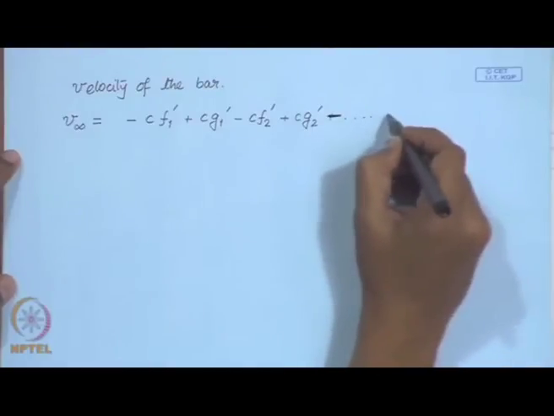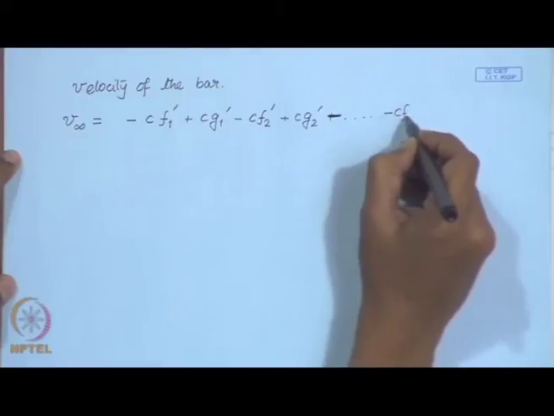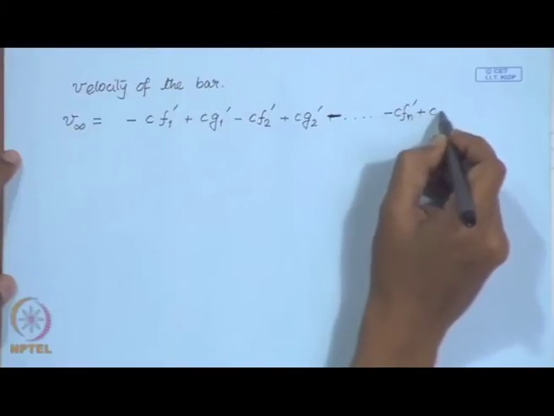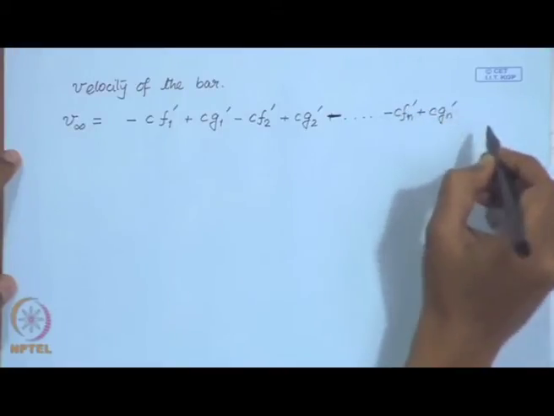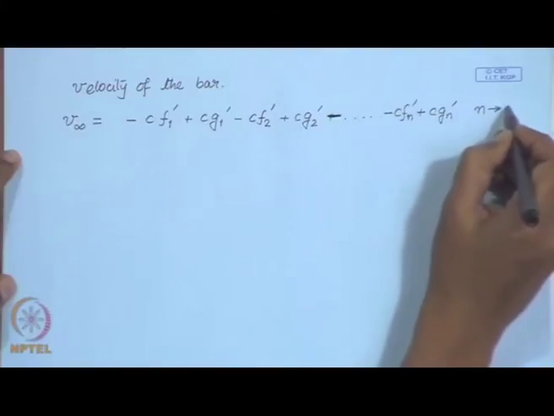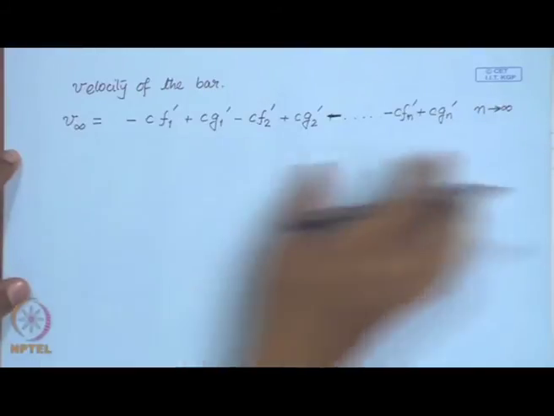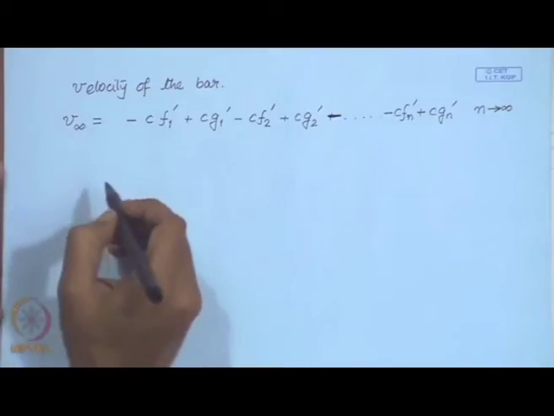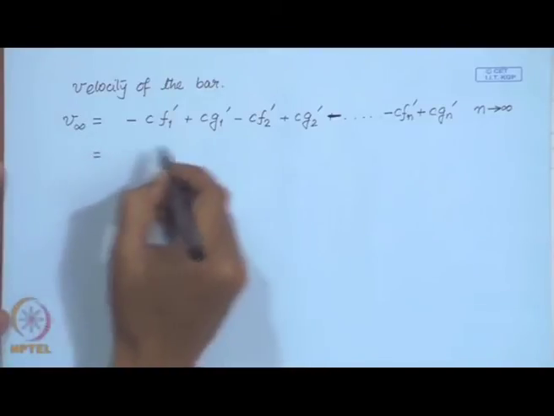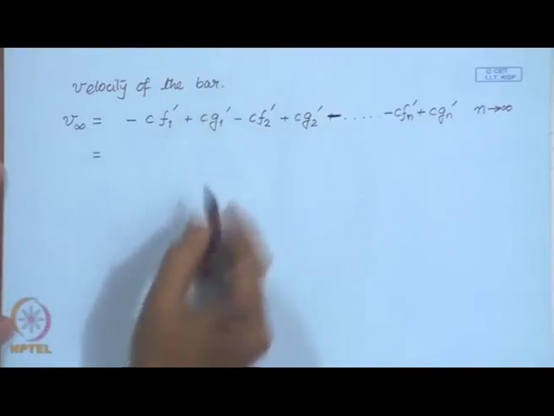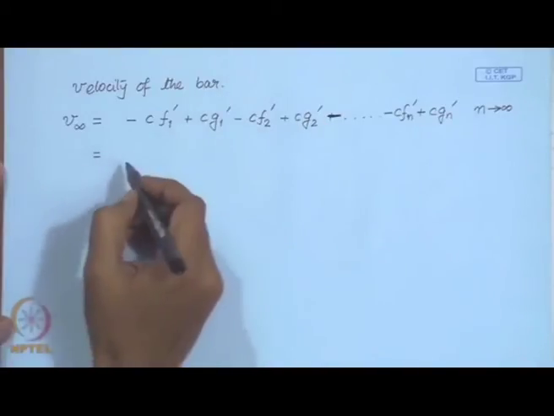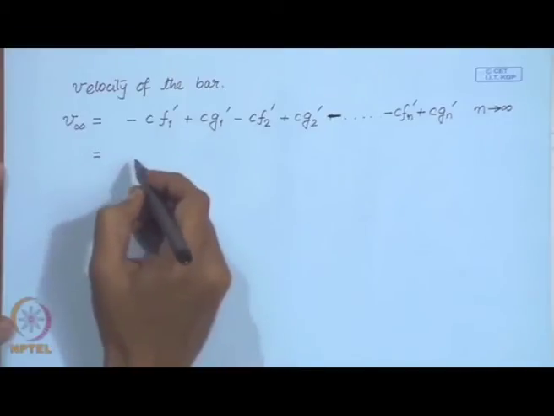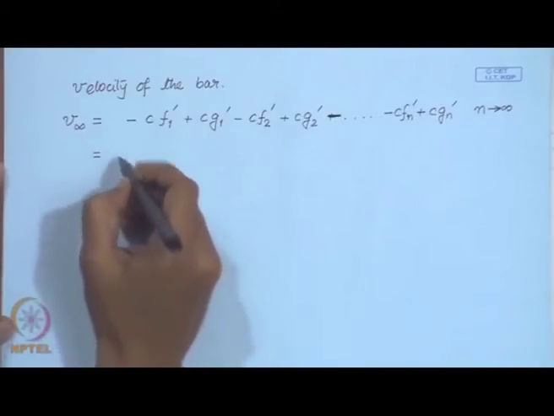So, when n tends to infinity, this series, if you sum up, then you will get v infinity, and if you now use the recursion relations that we have just now discussed, then this turns out to be